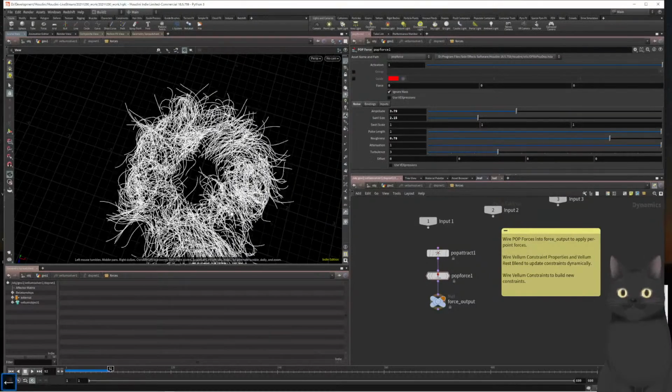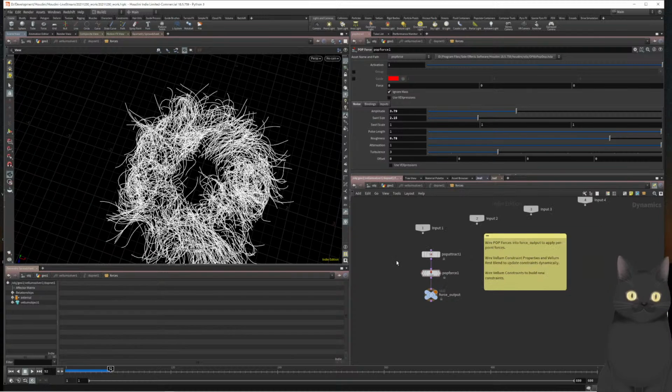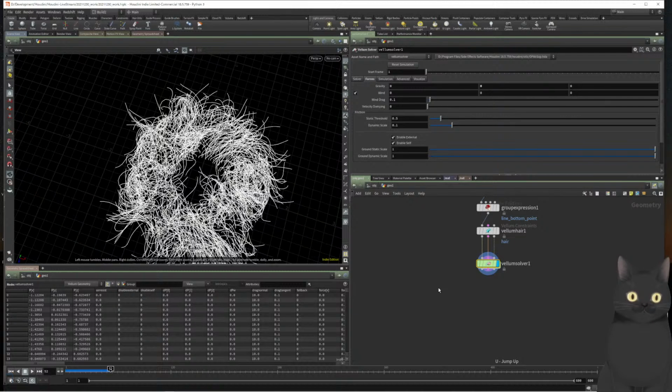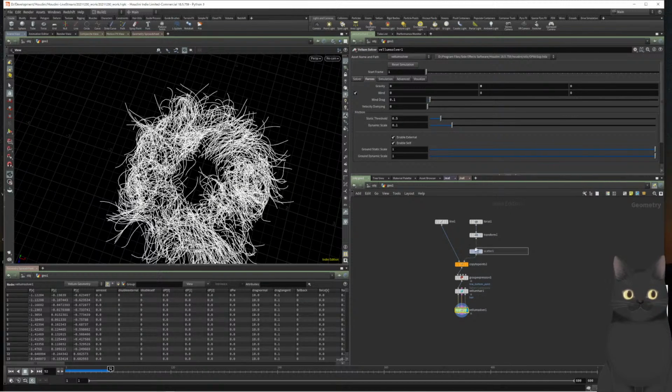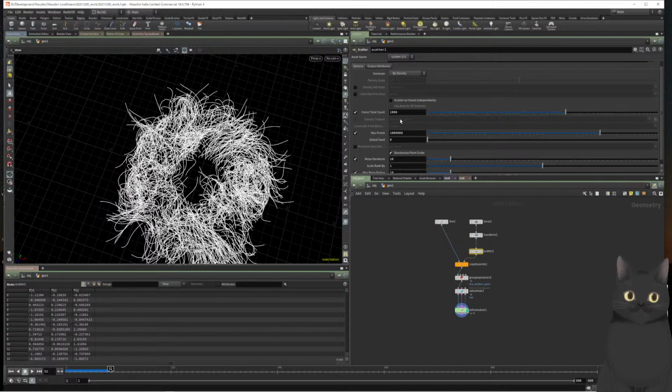we've set how we like our force and attract node to influence our geometry. And right now let's just increase the scattering points to like 8,000. Yeah, this one looks good. What you can do here is